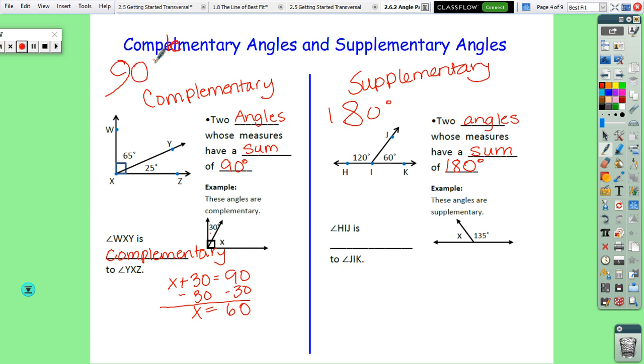So if you have a problem remembering the difference between complementary and supplementary, the C turns into a 9 and the S turns into an 8. Just a little trick for you. So we would say here HIJ is supplementary